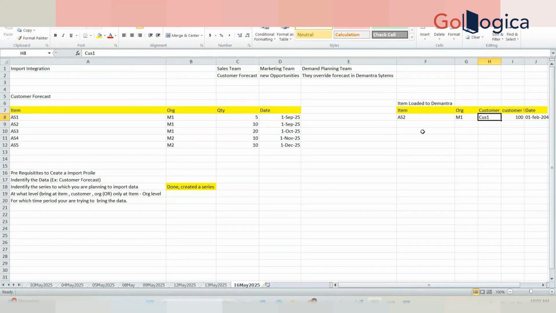First, understand what you have in the system: your item, your org, your customer are in the system. But there is no data against these three, maybe no sales history. Meaning you won't see this item in the worksheet, even though these details are there in the system, because you don't have data for this. Now I'm trying to import a customer forecast for this combination. Generally we call it a combination. Since the combination is not existing in the system,